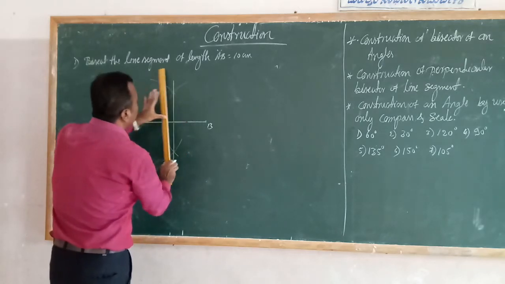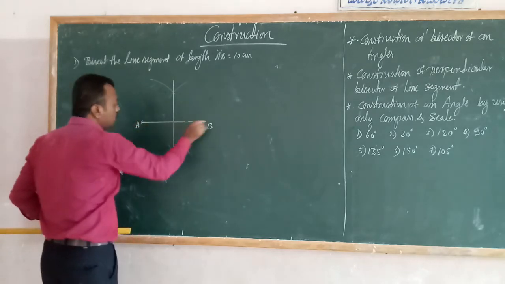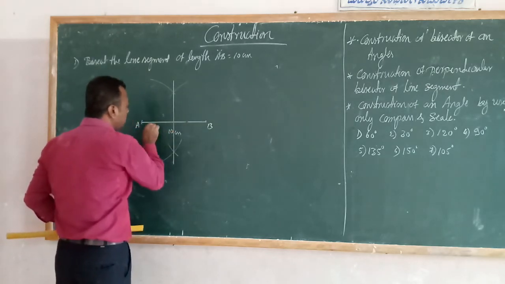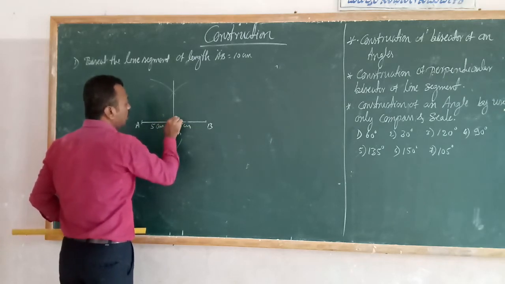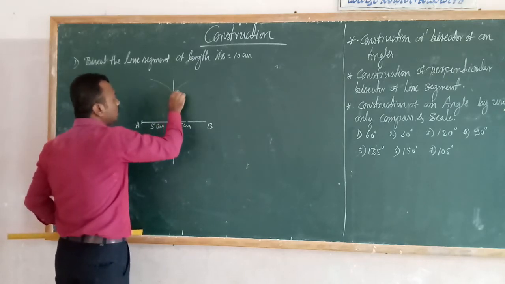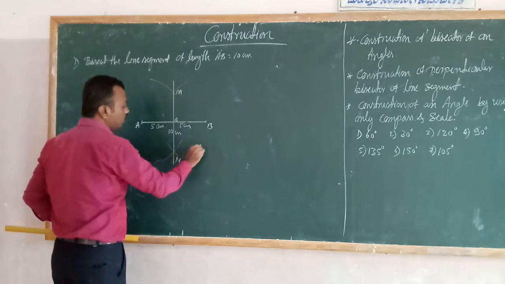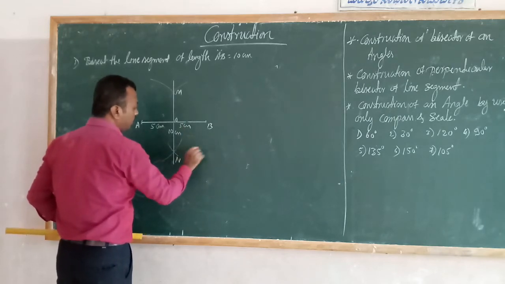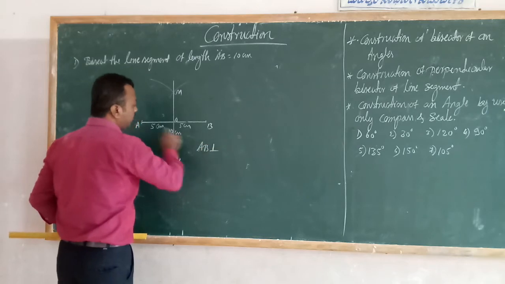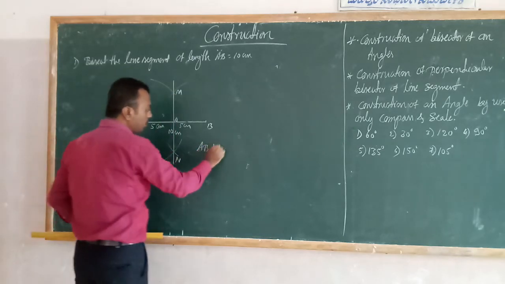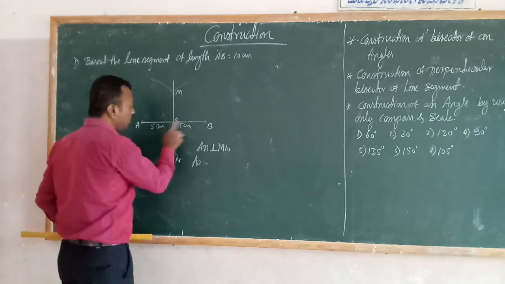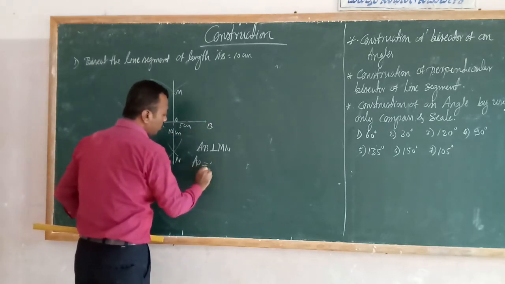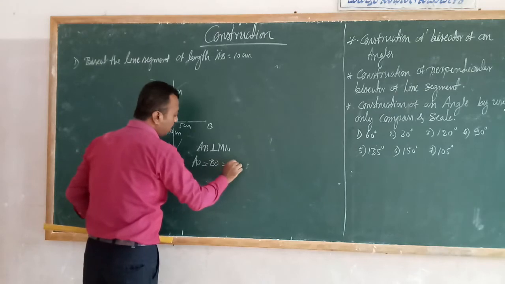Yes. See, first of all, how much centimeter is there? 10 centimeter. Each becomes 5 centimeter. So let me consider this as O, this is M and this is N. See students, AB is perpendicular to MN, and also AO is equal to BO. AO is equal to BO. How much centimeter? 5 centimeter.